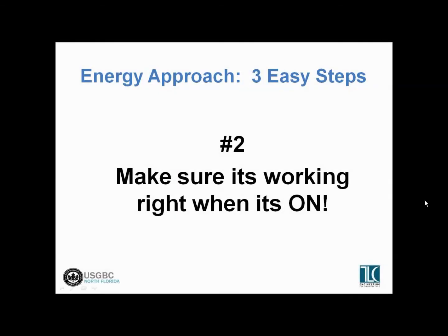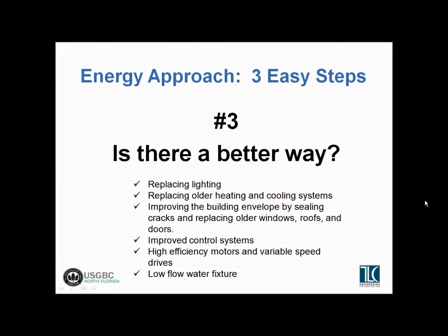The second step is that when things are on, make sure they are operating properly, the way they're supposed to. So when equipment is on, it is not operating inefficiently, such as heating and cooling running at the same time, full out, ductwork leakage, things like that. And then after you've done numbers one and two, making sure things are off when they're supposed to be, and when they're on, that they're operating the way they're supposed to be,